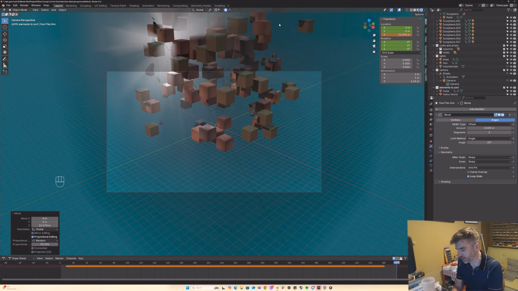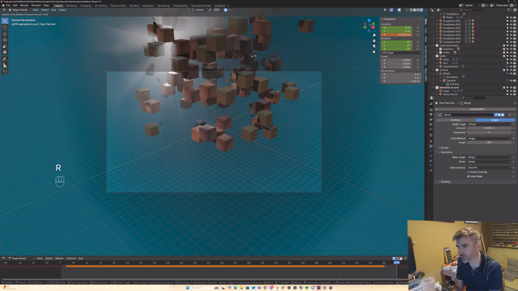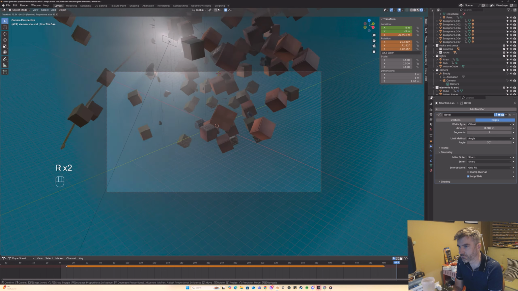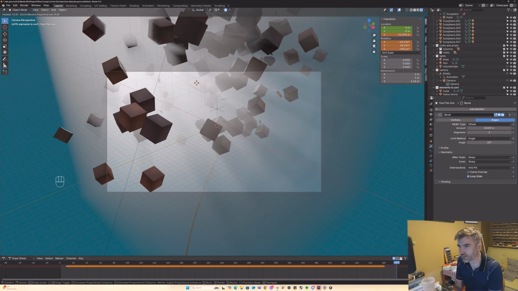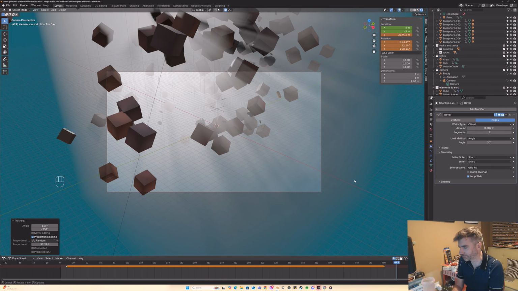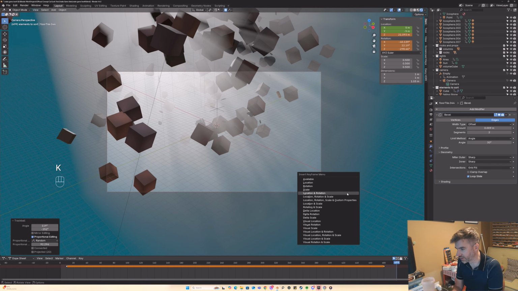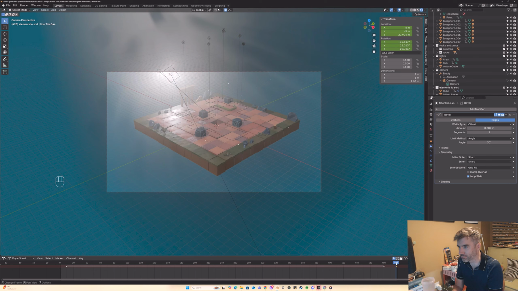And then I'm also going to hit the full stop key and make sure I've got individual origins selected. And I'm going to hit R twice, and I'm going to rotate these blocks so everything's kind of random. And then we're going to hit K again and choose location and rotation. And if I pull the mouse back,